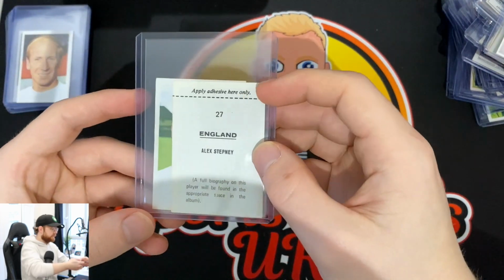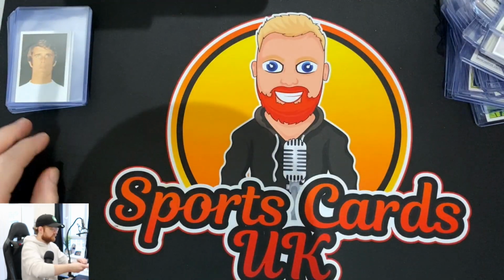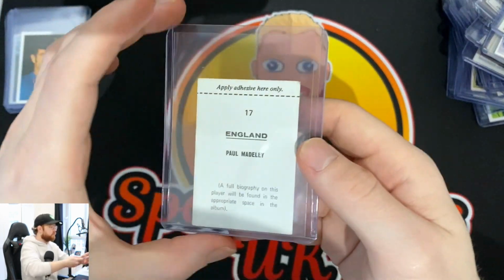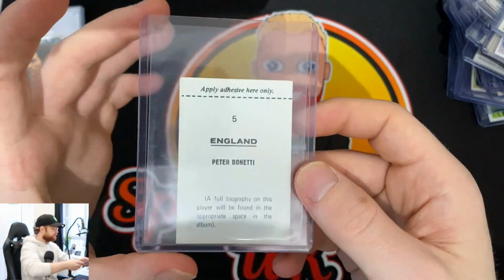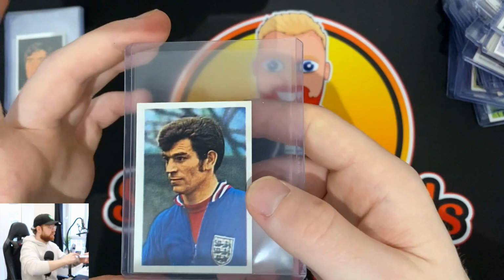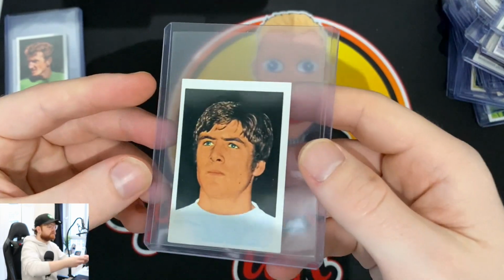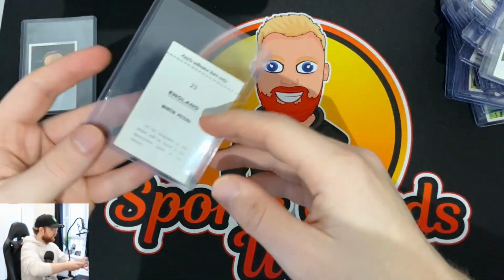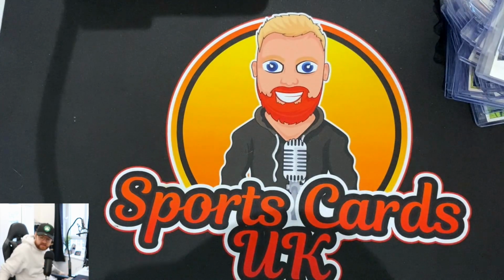We've got more of the fur in here, so Tommy Wright. We've got the Bobby Charlton in that one. Geoff Hurst. Don't remember all of these. Paul Madeley, sorry. Peter Bonetti. We've got Henry Newton. I want to get this jacket. It's a nice one. Emlyn Hughes. Alex Stepney. And then Martin Peters. And then Nobby Stiles. Oh, my arms are getting tired. So that was all the